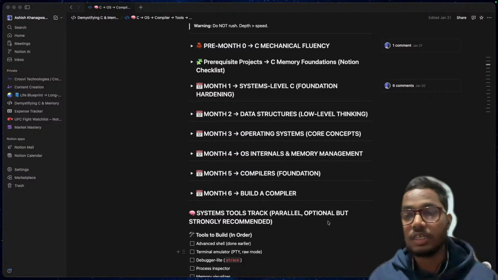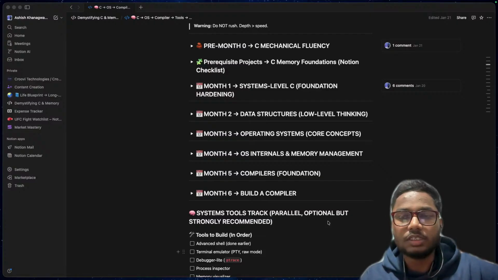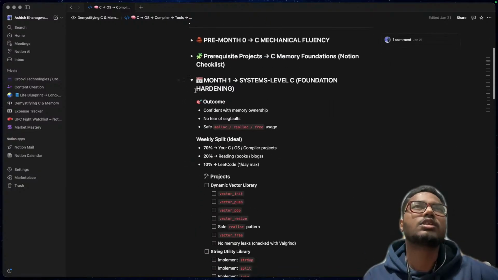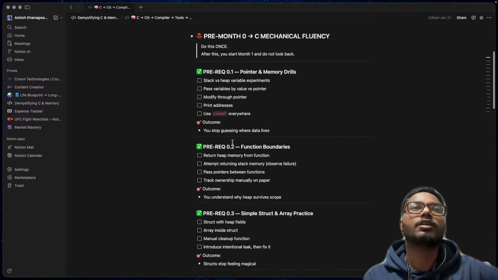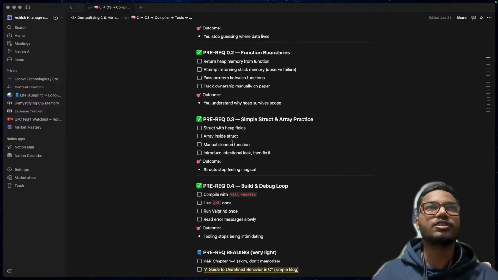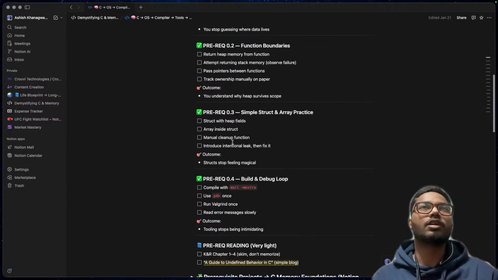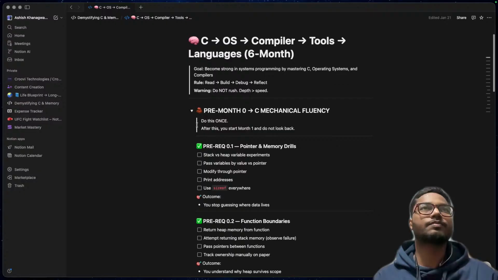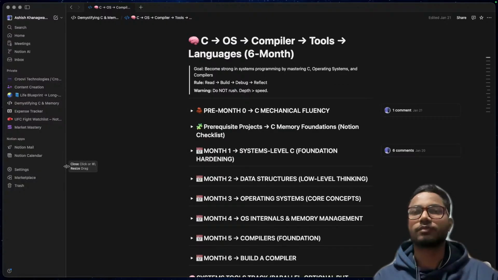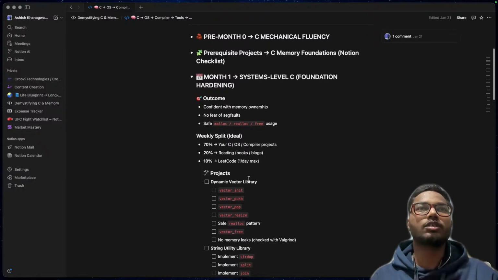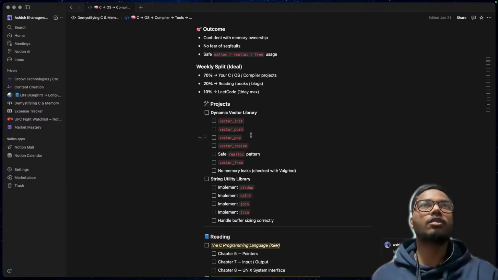And this month I'll build some projects around it as well. Let me show you the projects that I will build. And by the way, I will link this roadmap in the description box if anyone of you wants to follow. So there are some projects that I'll be following, and we'll be building.